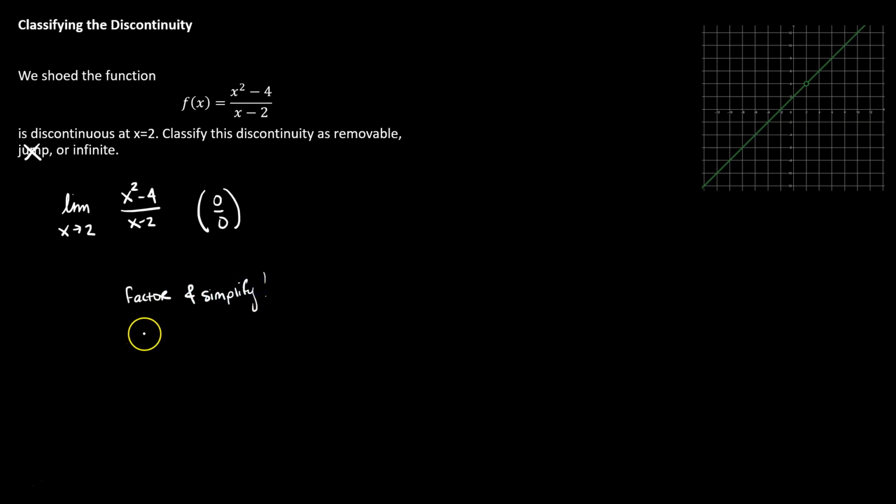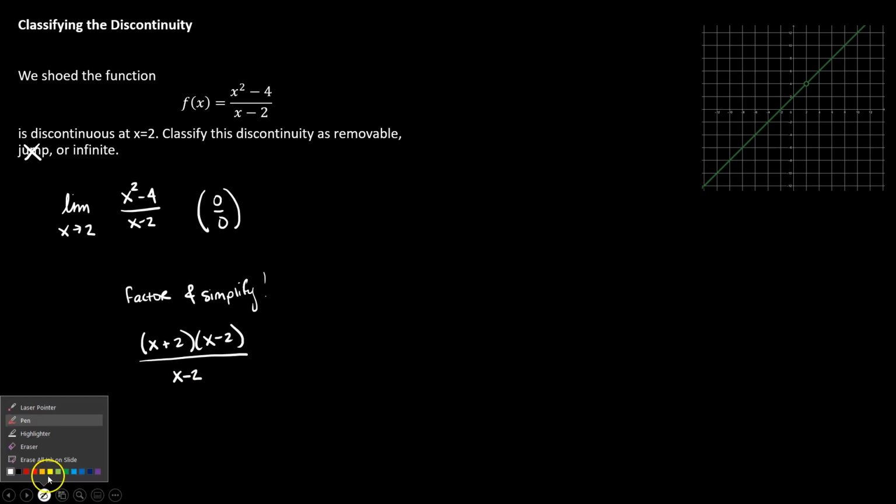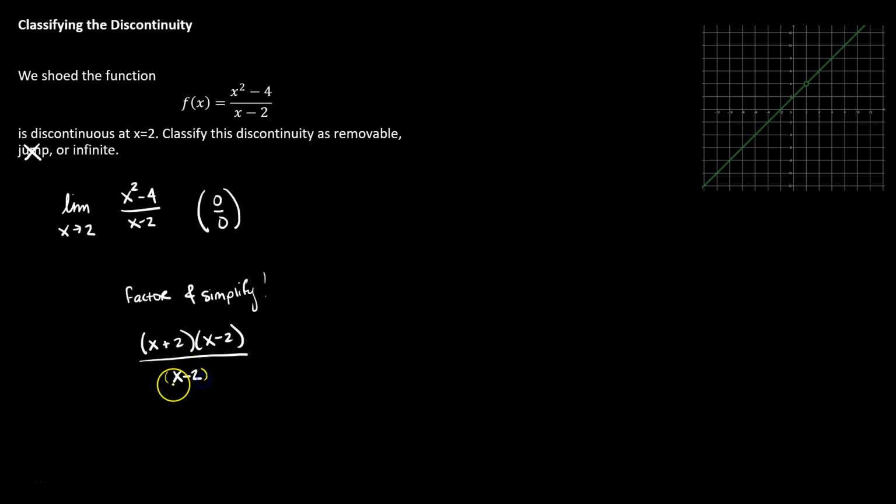So in my numerator, I have a difference of squares, which looks like x plus 2 times x minus 2 when we factor it. The denominator is only one set of terms. I can't factor that any more than it already is. They have no common factors. But the good news is that I can see my numerator and my denominator have a matching factor of x minus 2. So since any number divided by itself is equal to 1, I can simplify those off,